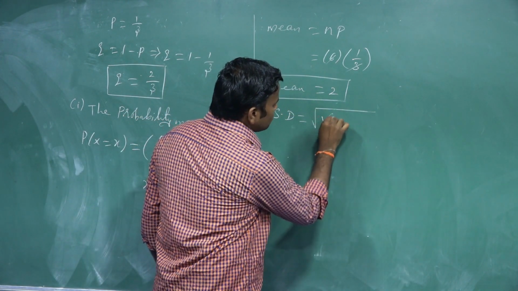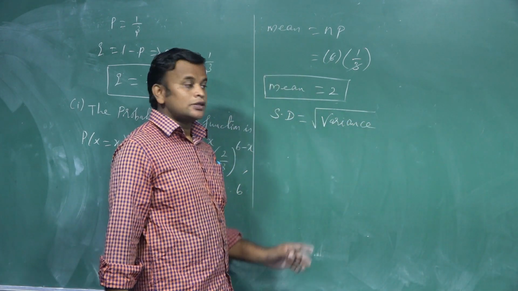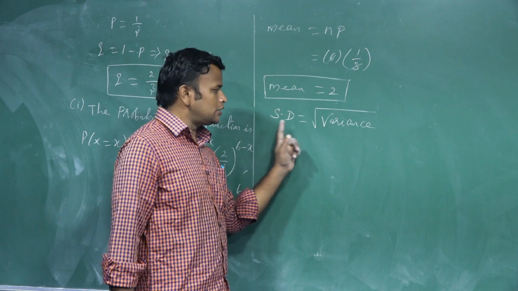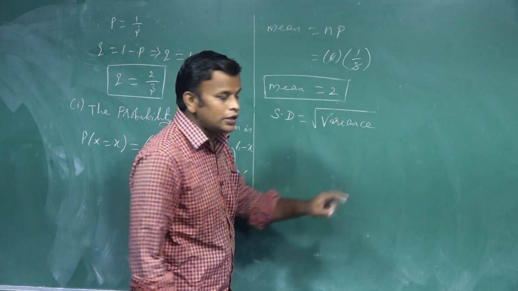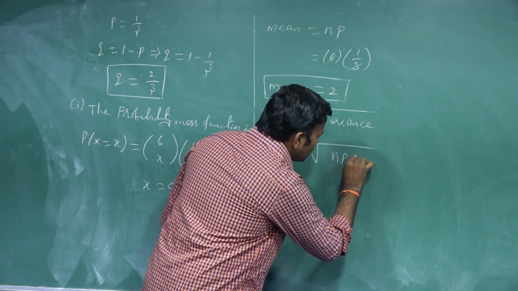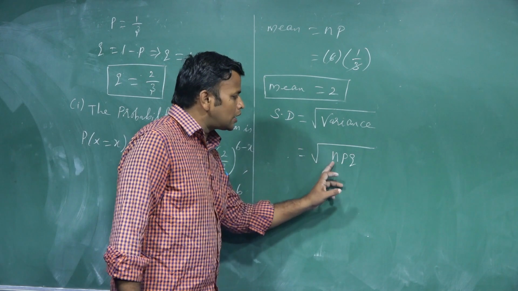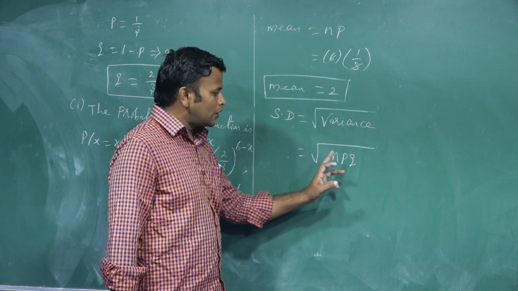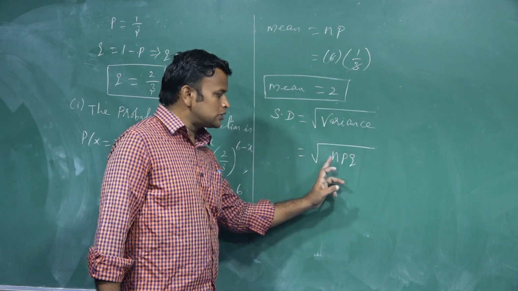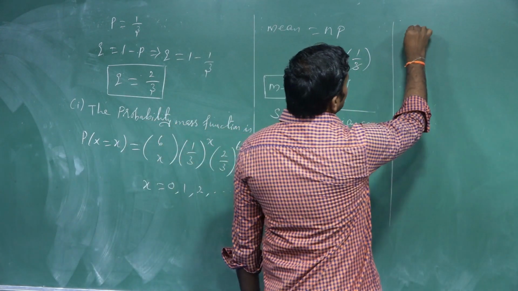Next, to find the standard deviation. Standard deviation is nothing but the square root of the variance. Standard deviation is the square root of the variance. You know the formula of variance in a binomial distribution. The formula is npq. Within a square root, npq. Now we substitute each and every value of n, p and q. So standard deviation,